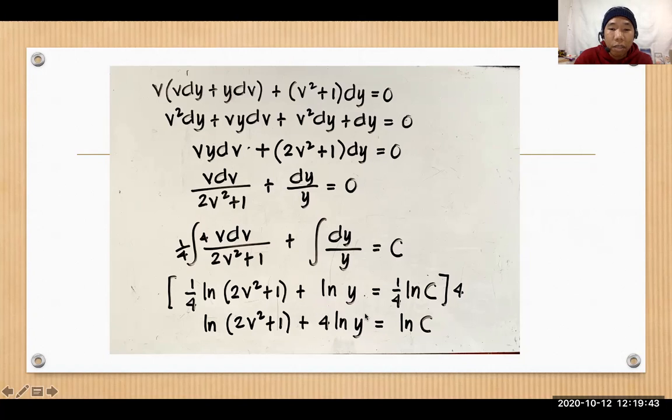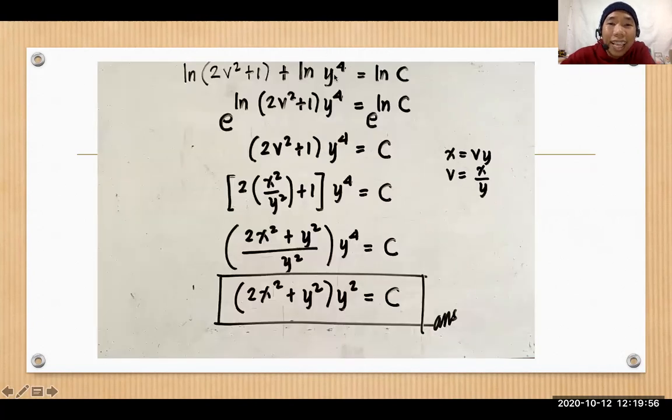So you can transform this term into ln of y raised to 4. And then you can combine the left side of the equation. So we put this term into this format, ln of y raised to 4. And you can combine them, right? Using the property of logarithmic functions. So ln of 2v squared plus 1 times y raised to 4 as the argument of the logarithmic function on your left-hand side of the equation. And for the right-hand side, you copy ln of c and then